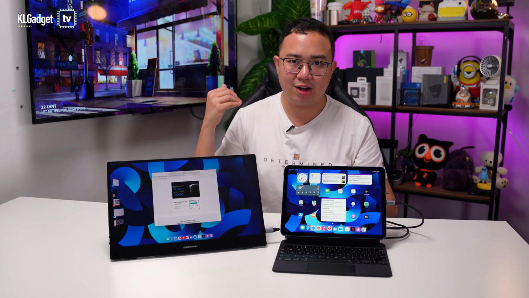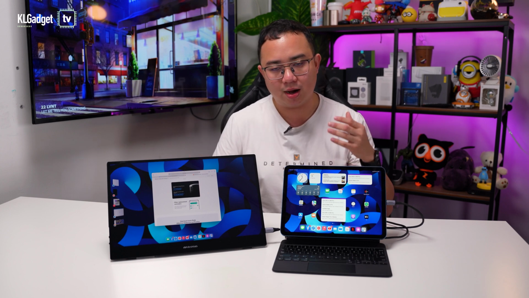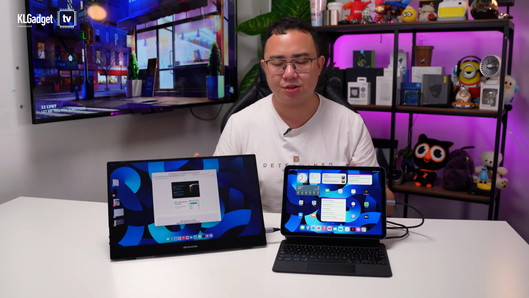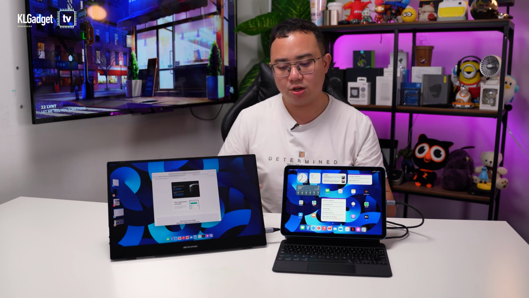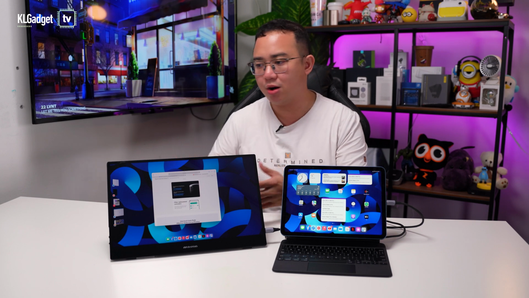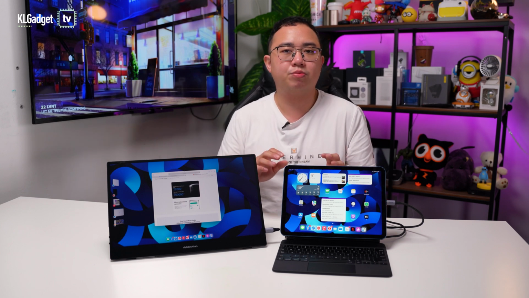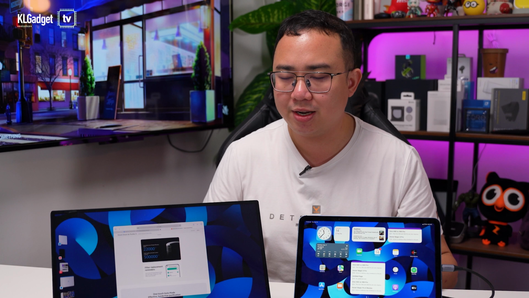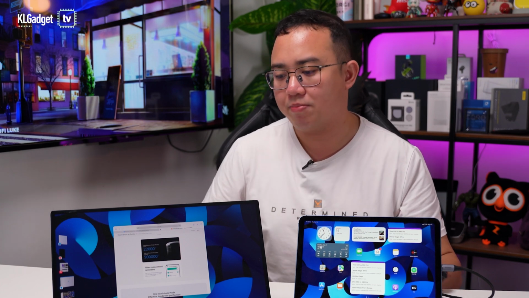So there you have it. This is how half-baked the multitasking experience is on iPadOS 16. I personally think there is still a lot of improvement that Apple engineers will need to make to the operating system, though credit still has to go to them for making this really incredible experience. It is definitely no easy technological feat considering how much they have to consider the resizing of the apps, the scaling of the apps, and how to make apps show well on an extended display, especially when you want to make everything so seamless. So I understand the challenges here, but seriously,